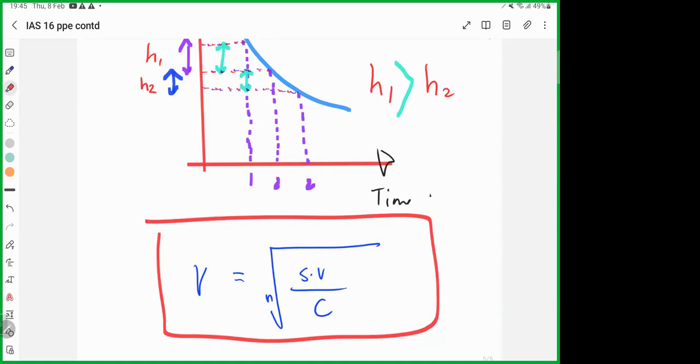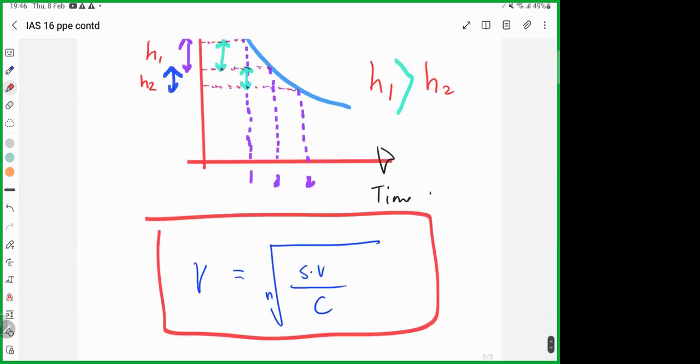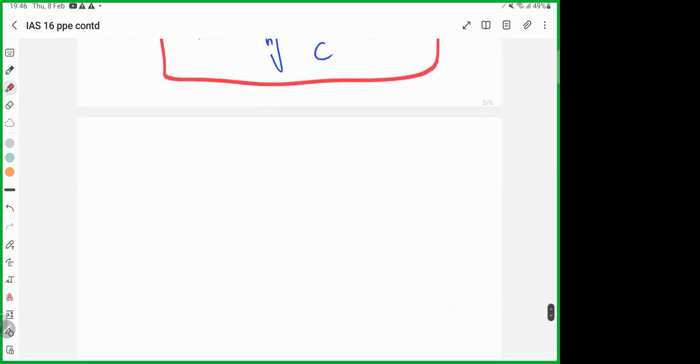Yes. So now we understood the reducing balance method. We also understood the straight line method. Correct? I am not here to discuss other methods like the sum of digits method, production hours method, production units method, double declining method. I am not here to discuss those. Now we will talk about